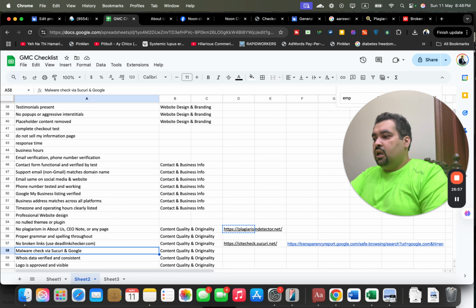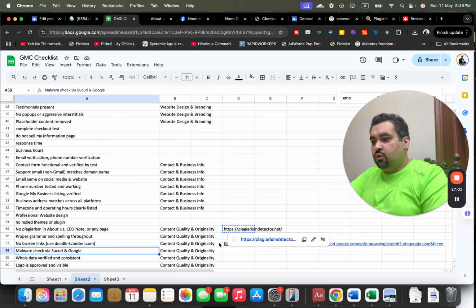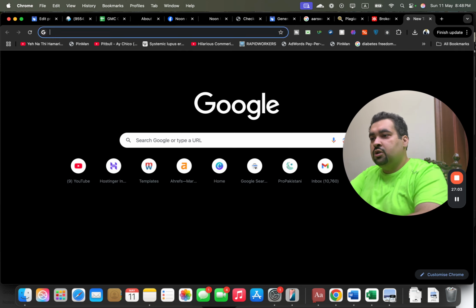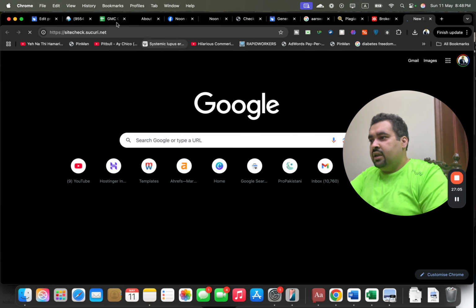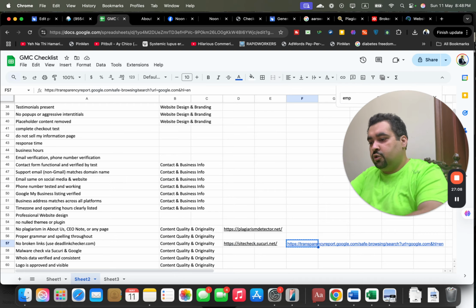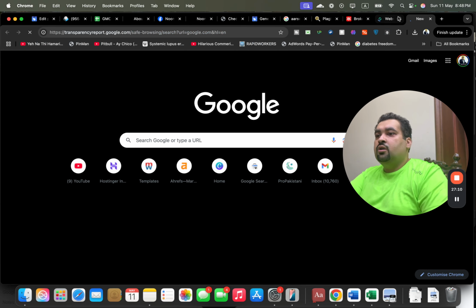Apart from this, there needs to be a malware check for your website. If you want to check your website for malware, you can use two tools which we usually use. Number one is Sucuri and the second is Google Transparency Report. So you can use both of them for your website